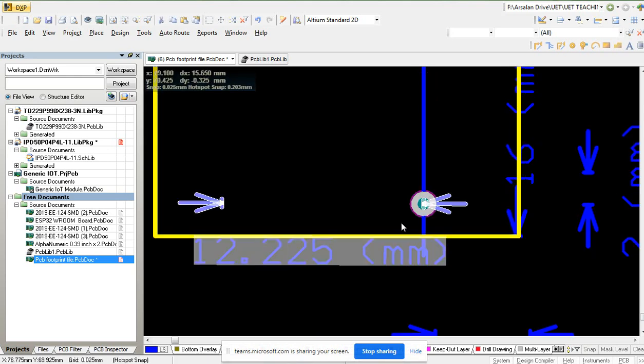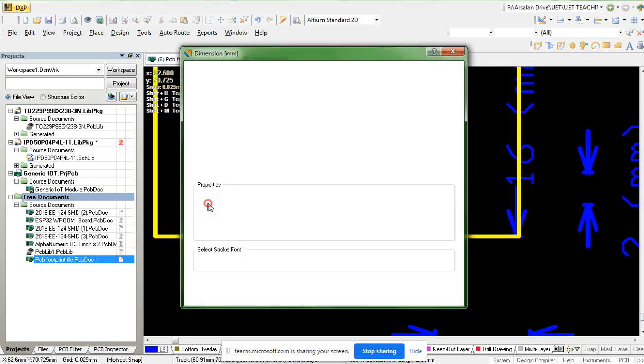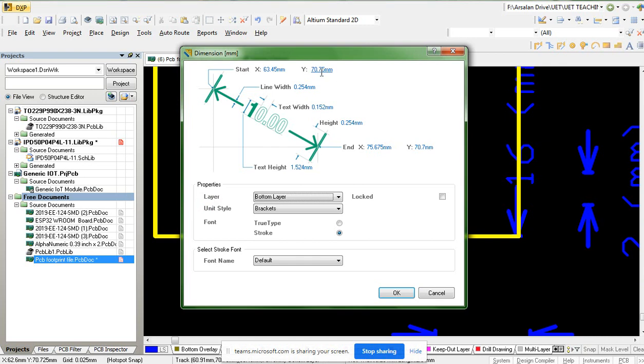Now don't verify on your hand, because every time I click it, you can see this is 70.75 and this is 70.7. So certainly there is some error every time you are mouse clicking. You cannot rely on that. Please rely on the values you are getting every time over there. I require